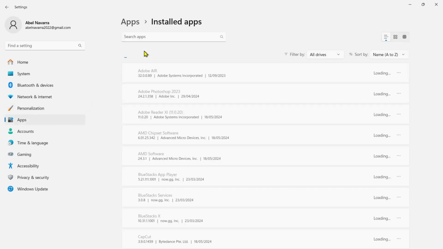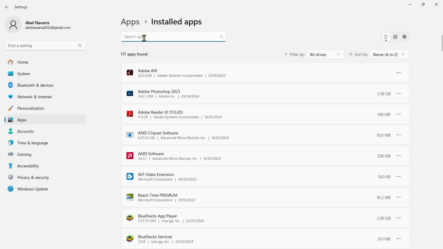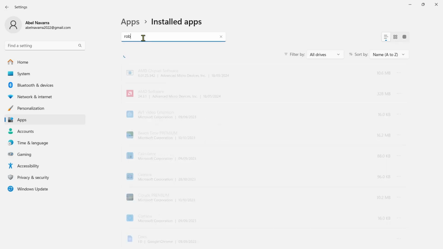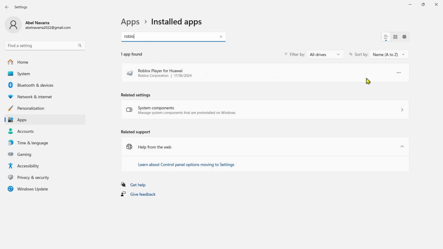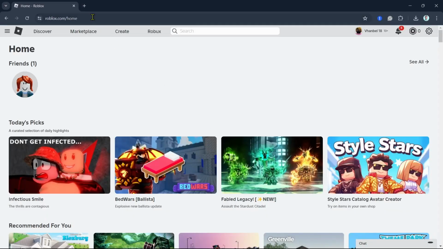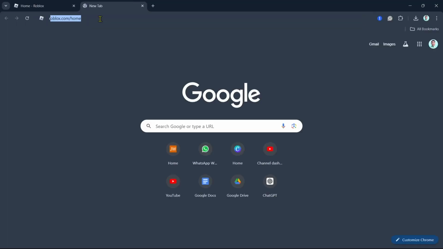And from here, you will find all your installed applications. Now go to the search box and type Roblox. Finally, click on the three dots beside the Roblox app, click on uninstall. Once you uninstall this Roblox application, now let's reinstall it by going to browser and type